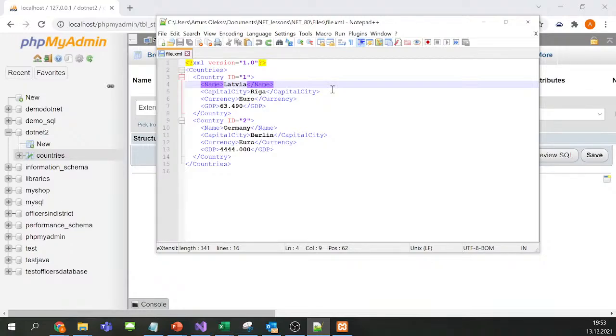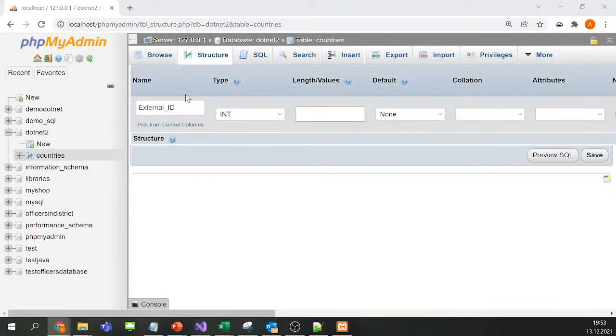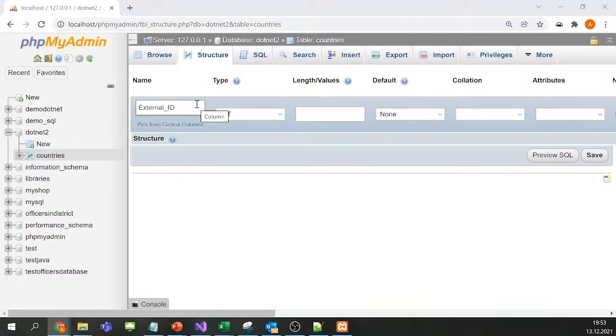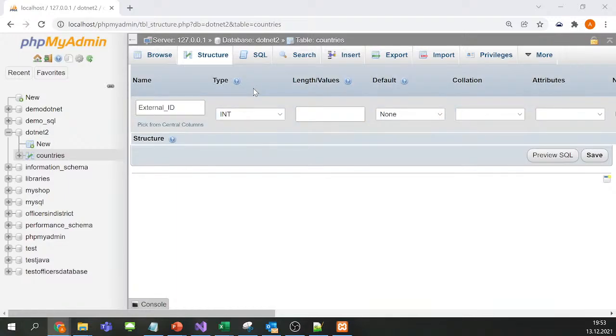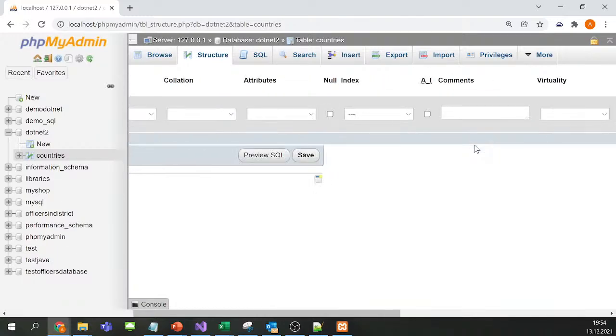And the second data source is the database table. Since we have two sources, we have two data storages, and each of them has its own data sequence. So that's why when we store data in the database, we also store external ID in addition to the